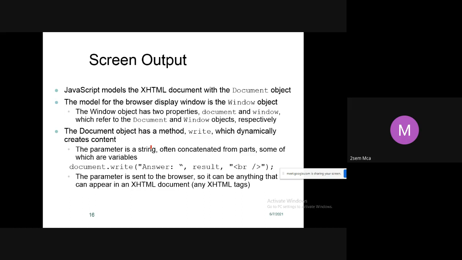Students, when we write so many executable statements, calculation statements, and logic in the program, and you want to display some content on the output or on the web page. In the last class, we saw the Fibonacci series program. In this Fibonacci series, we did the calculation.